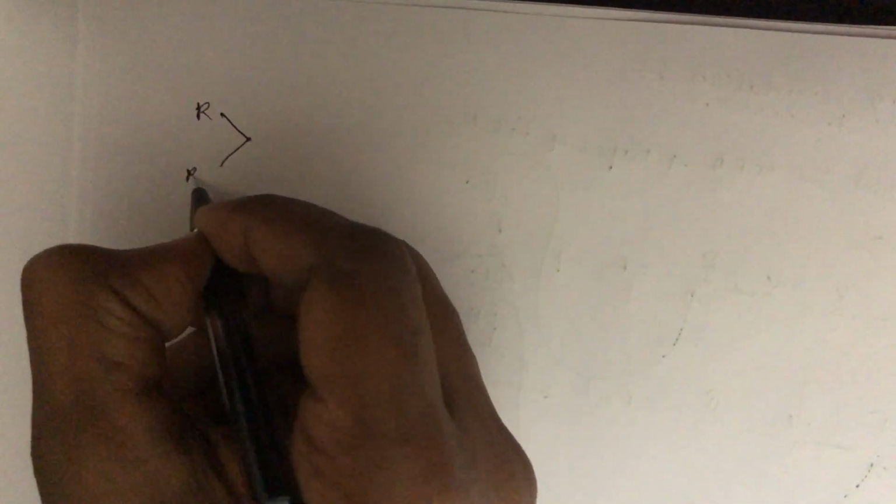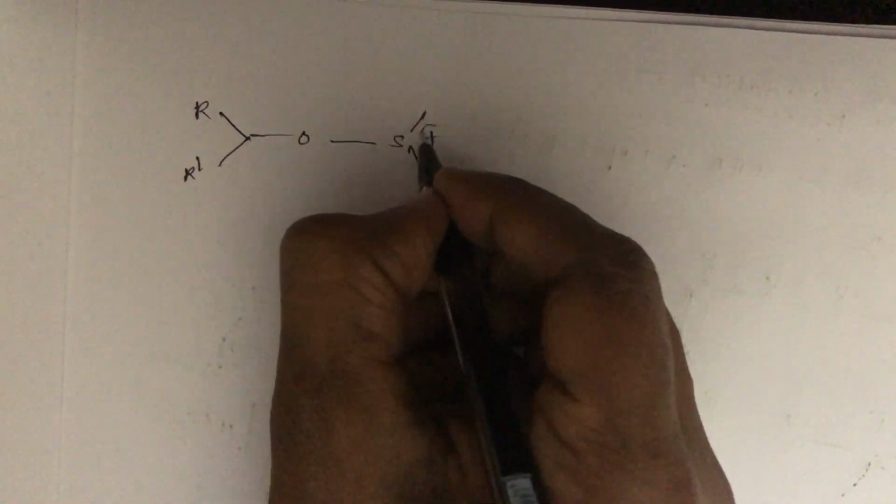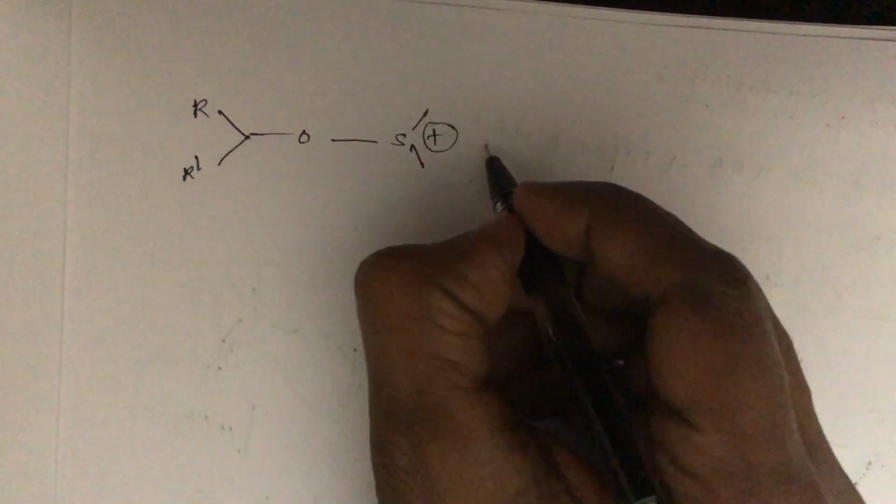Same in this product, in this intermediate I will write again. Here we have a O, here S, S, S. So without base,